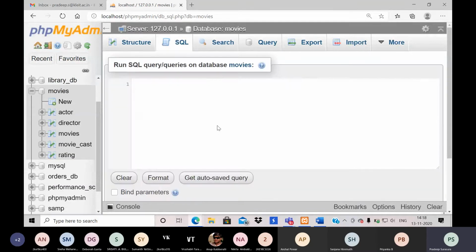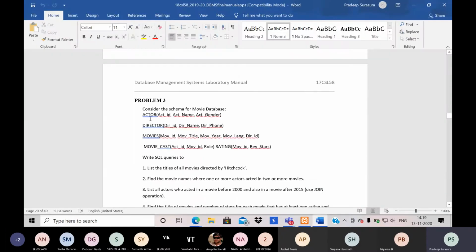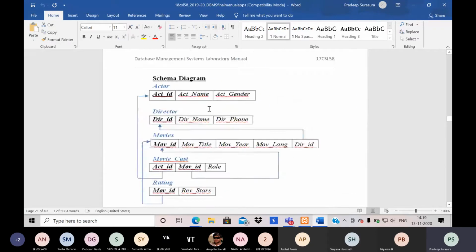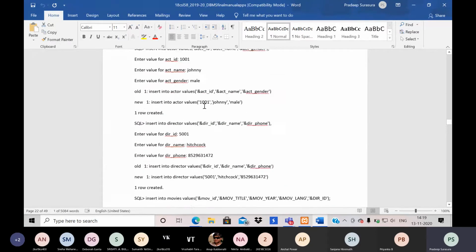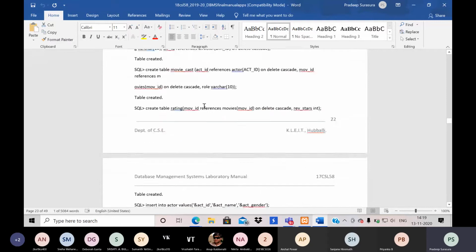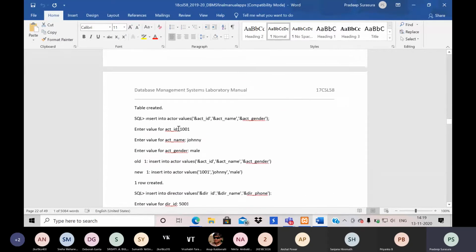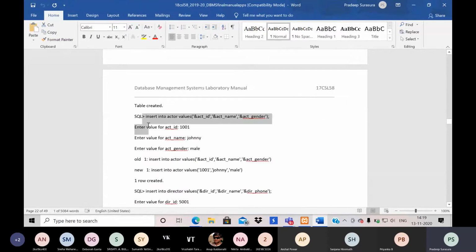The insertion procedure is also the same. I need to go in the manner of first inserting in actor table, then director table, then movie table, then movie cast, followed by rating. Let me take all the insertions from the list.